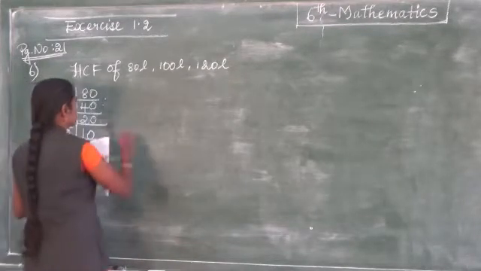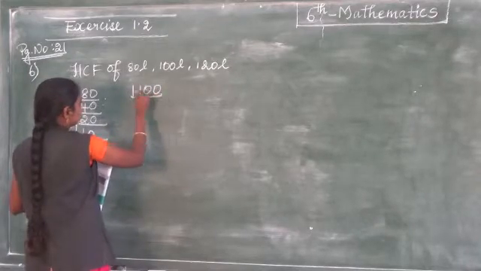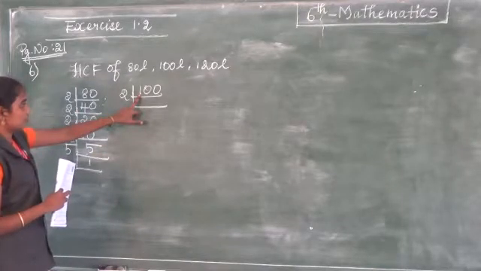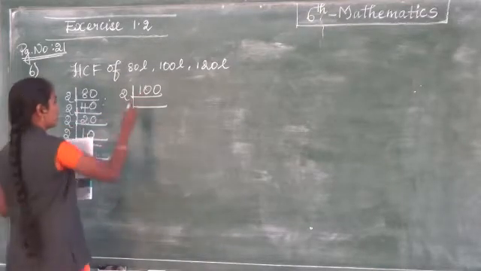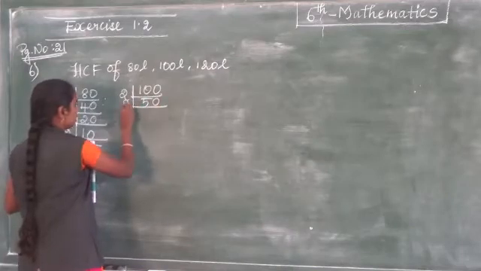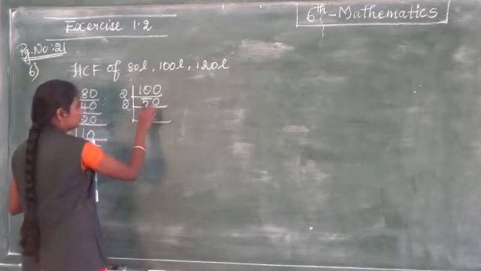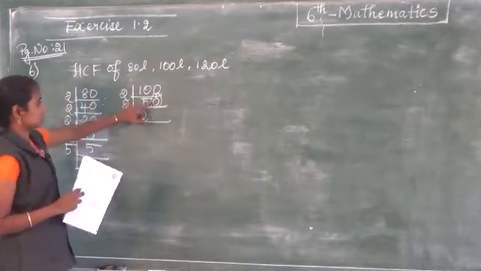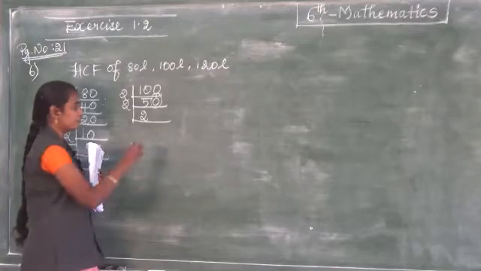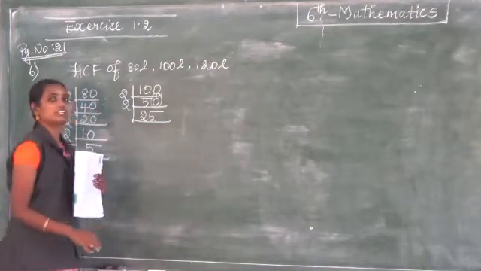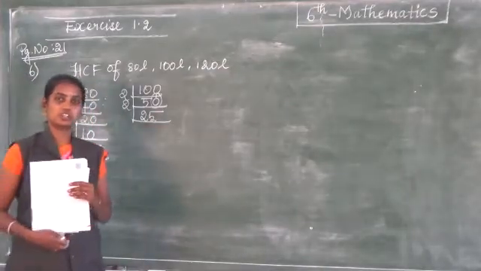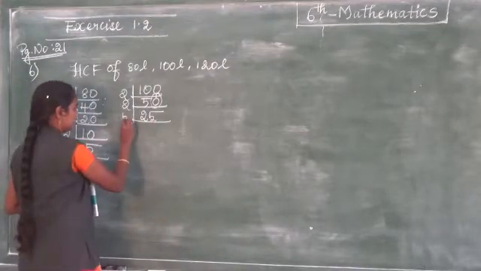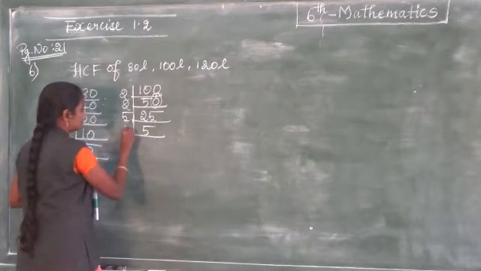Likewise for the 100 also, you can always start from the 2 table, it is very easy this way. 2 table, 1 will not come, so take it as 10, 5, 0, again 2 table, 2 2s are 4, remainder will be 1, it became 10, 10 how many times will come? 5 times. Then 25, will it come in the 2 table? No, because it ends with an odd number, so it will come in the 5 table, 5 5s are 25,